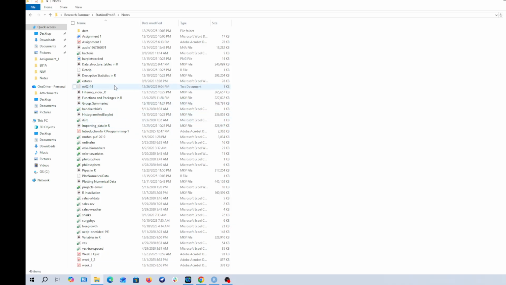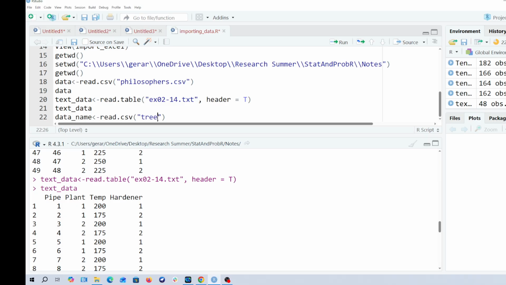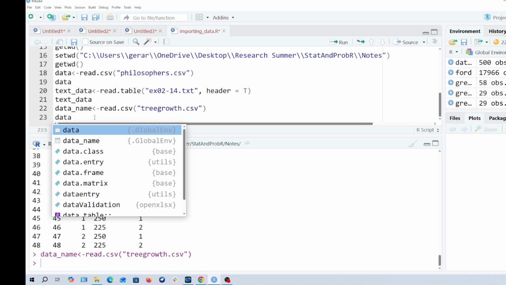Yeah, tree growth. We can check it is a comma separated file, so I'll just do tree growth.csv, and then if I do data underscore name,